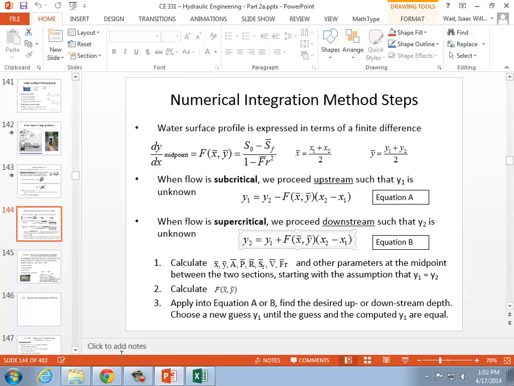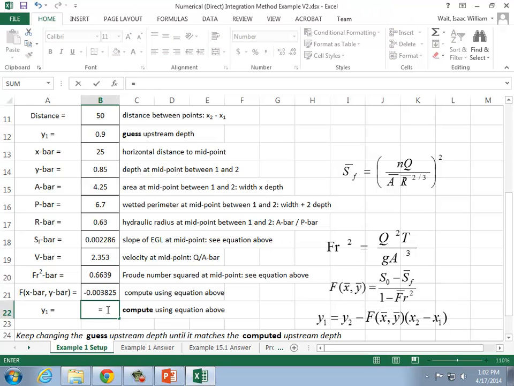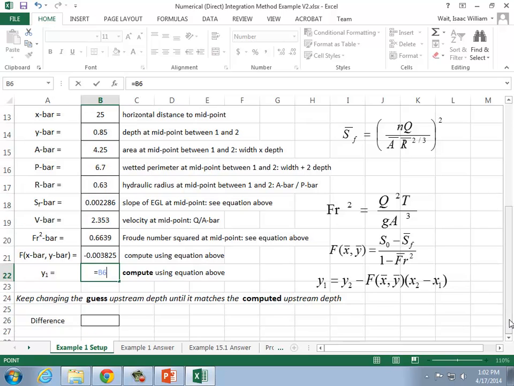But here in this problem, we have subcritical conditions since it's an M2 profile at our location, and it will also be subcritical upstream of that. So y1 is going to be equal to this y2 that was already known minus the process equation. So it's going to be minus a negative number, and that will give me a guess